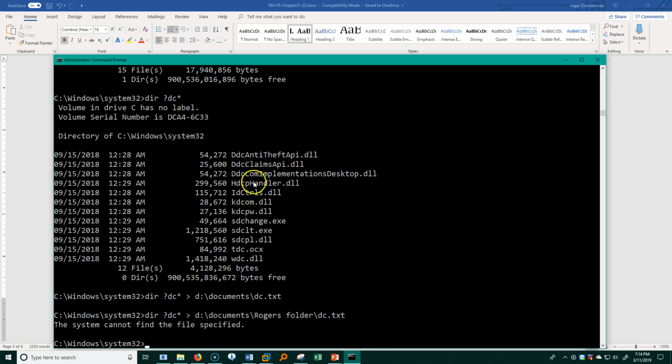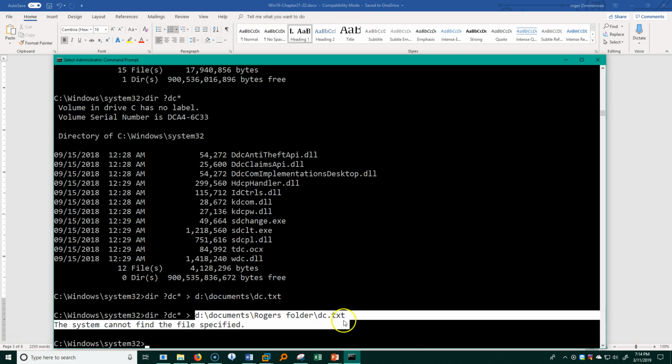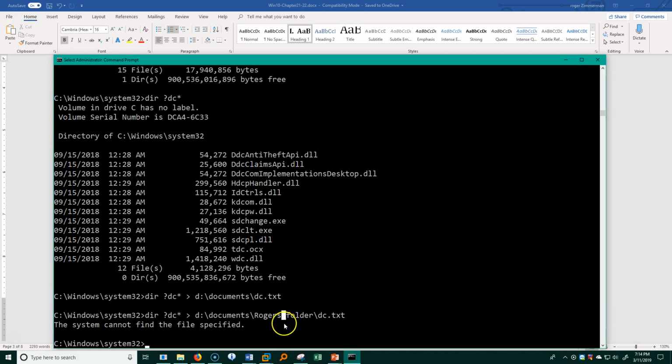Why did it work up here this time, but it didn't work here this time? Well, the reason is because of this space right here. Because it gets this far, D documents Rogers, and it goes, I don't recognize a file named Rogers in D documents. It thinks that this is supposed to be the file name, and it doesn't know what to do at this point. So how do we get around this problem of this space?